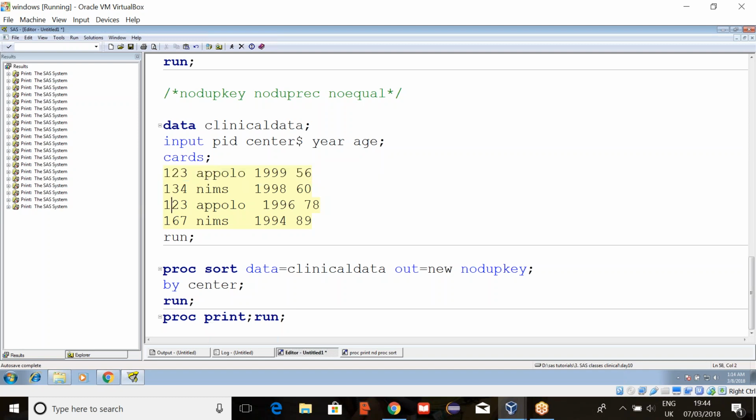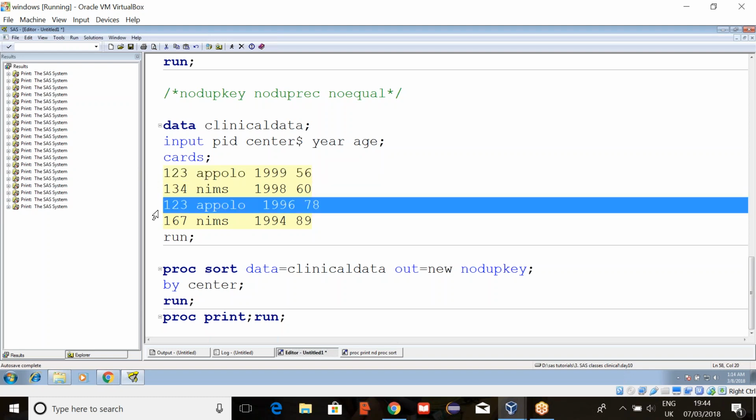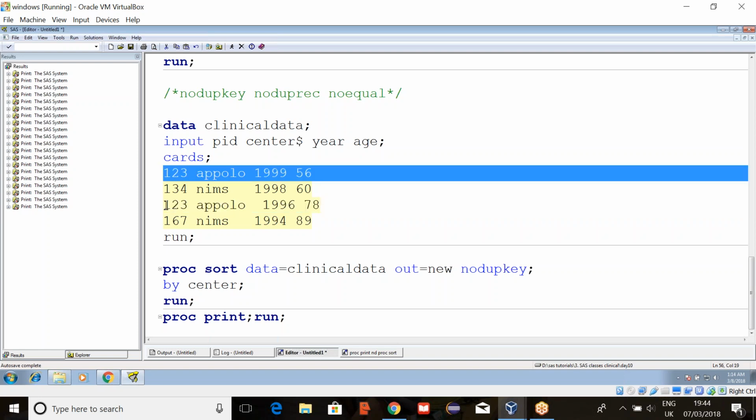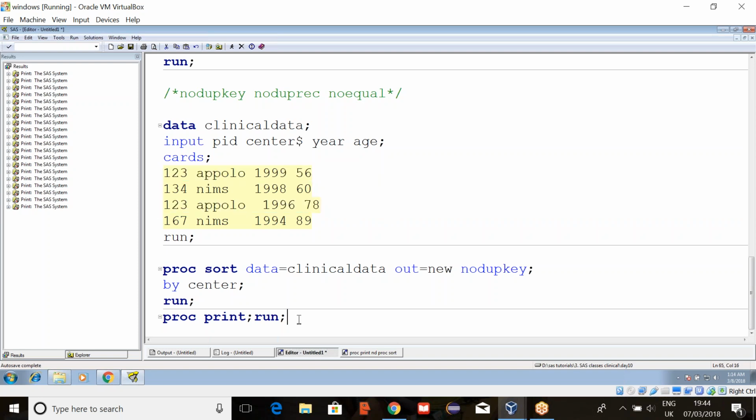Now here 2 Apollos are there, age 1999 and 56, and here 1996 and 78. So which record will it delete? By default, it considers the first one as the original and the second one as the duplicate.